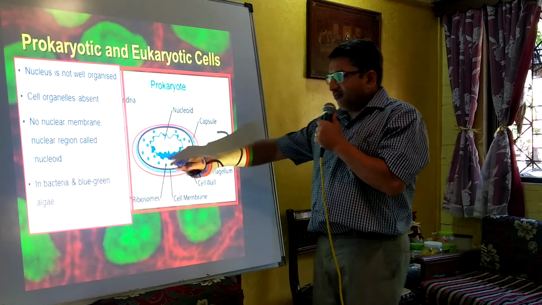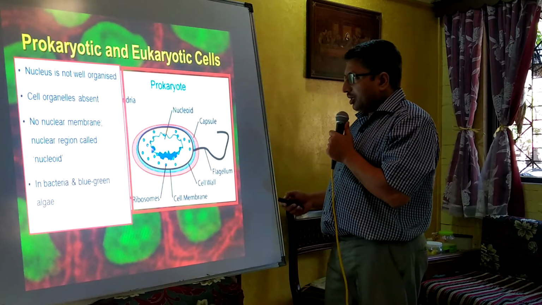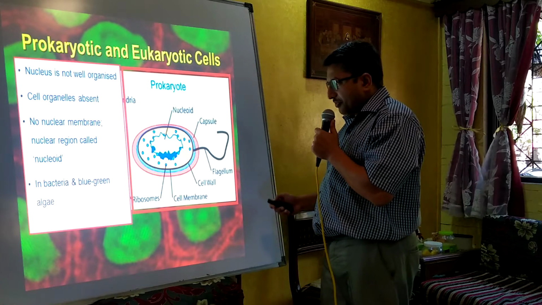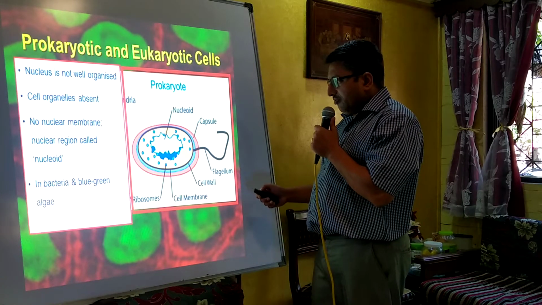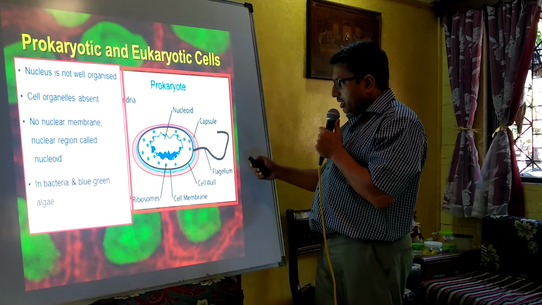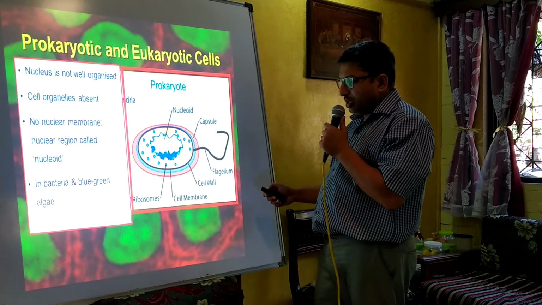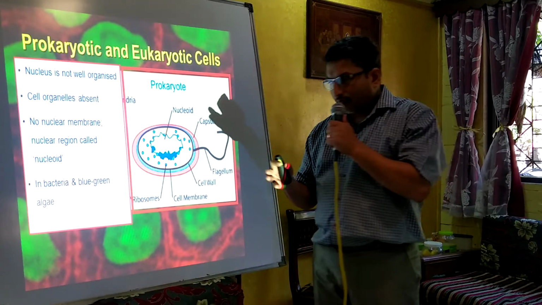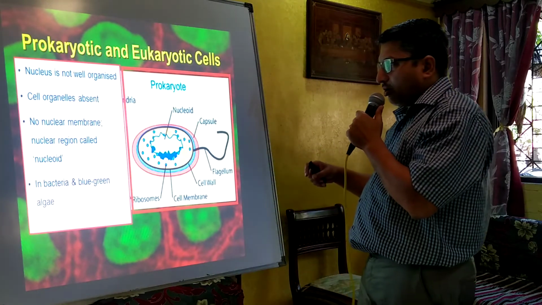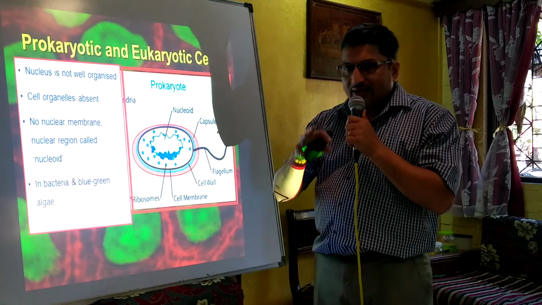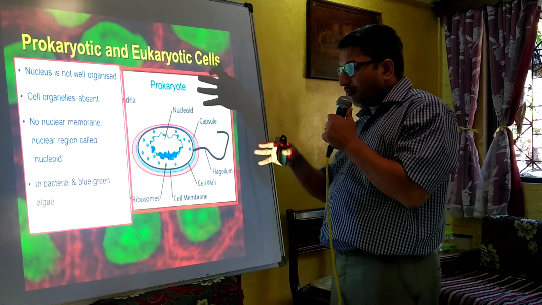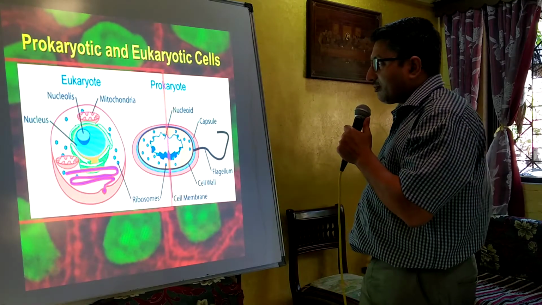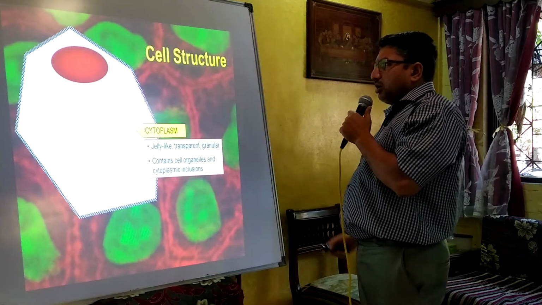So here we have a prokaryotic cell. We have a nucleoid. The whole cell is in a capsule-like structure. We have a tail-like structure over here, which is known as a flagellum, which moves and helps the cell to move forward. So this is a prokaryotic cell. All bacteria, algae, and blue-green algae belong to this category of cells. Then we move on to the next type.